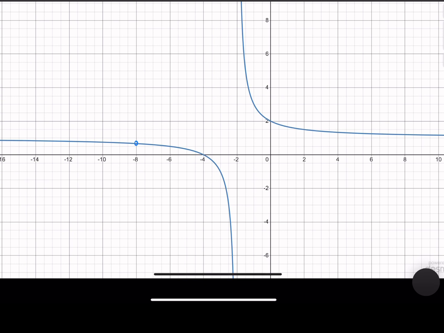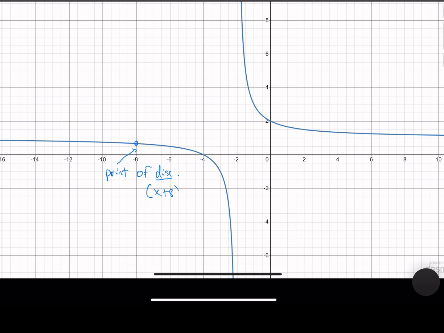Okay, now with this question, we're going to work backwards. We're giving you a graph, and this is a rational function. And from the graph we're giving, we're going to ask that you come up with the equation. So a couple of things here. I want you to see there's a clear dot here. That's a point of discontinuity. Okay, so I'm just going to write point of discontinuity. Okay, and that's at x